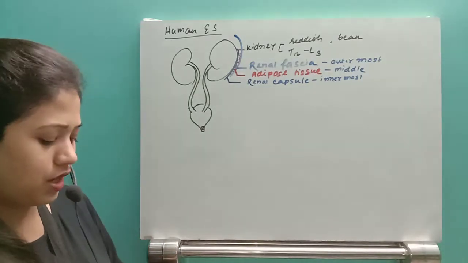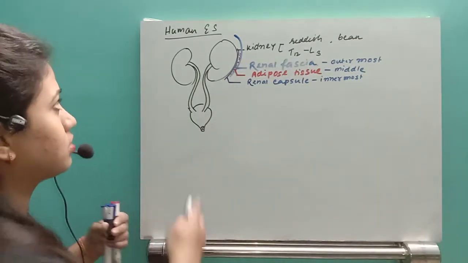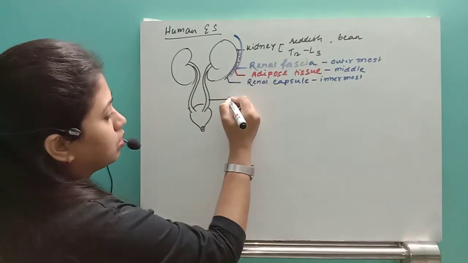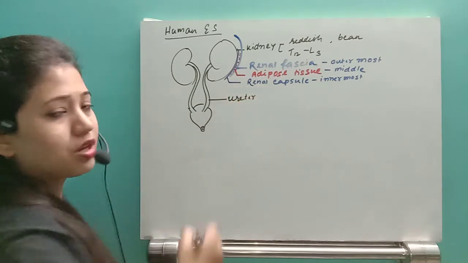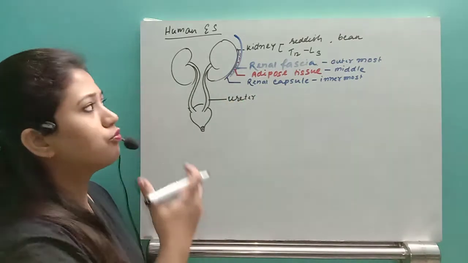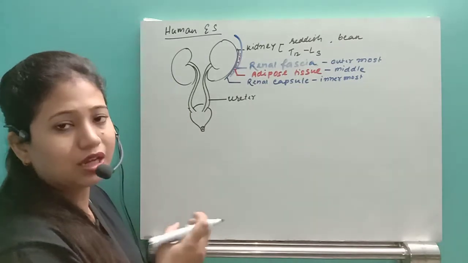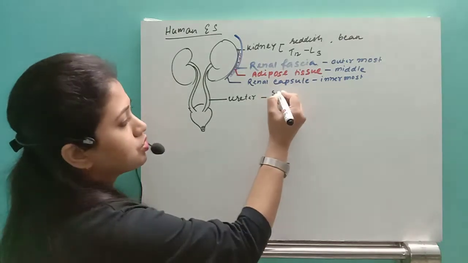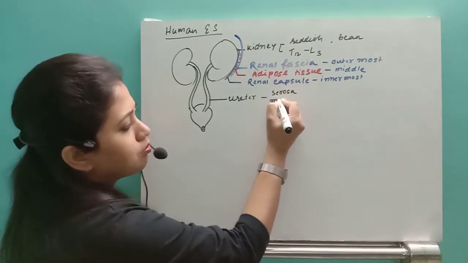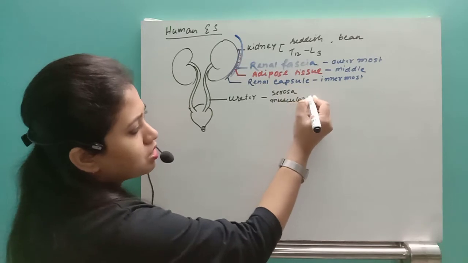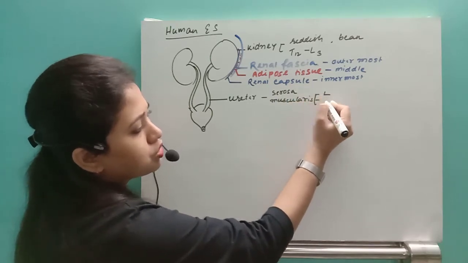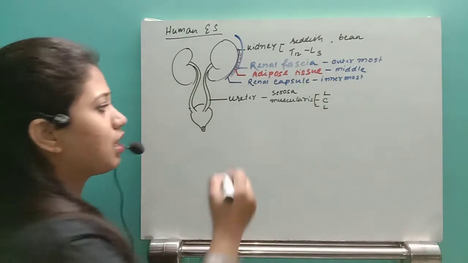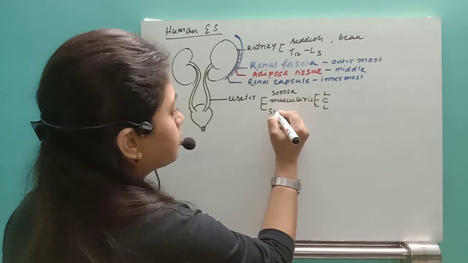Right after that, the next organ of the human excretory system is the ureter. The ureter is also a tube which comes out from the kidneys collecting the urine. The ureter has its membrane: the outermost serosa layer, then the muscularis layer. The muscularis layer has outer longitudinal, middle circular and inner longitudinal muscles. Then it has the third, the submucosal layer.